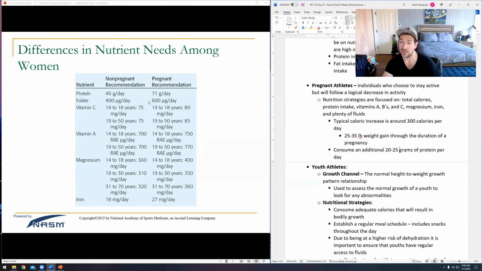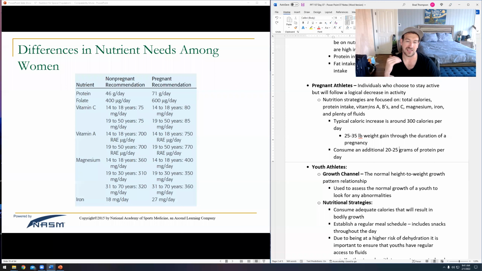Folate, remember that's part of our B complex. That's a huge one, by the way. Folate and niacin and biotin, all of those are really important for pregnant athletes. Those are all B vitamins. So it is important to get enough of those B vitamins, which honestly protein sources are going to be packed full of. And then dark leafy green vegetables. But if they need to take a supplement, that can always be helpful.